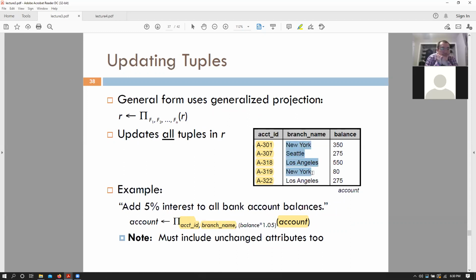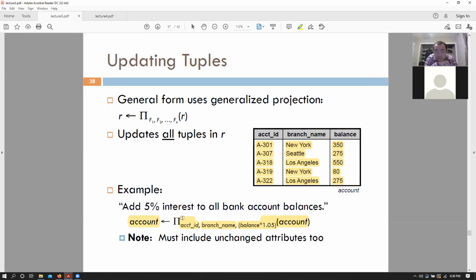Okay, so that gets me all of these branch values, and project out balance times 1.05. So for every balance that we have here, get that balance, multiply it with 1.05 to add a 5% interest, and basically save it back to account, right? So that is how we can use project to actually update your tuples in your relations.